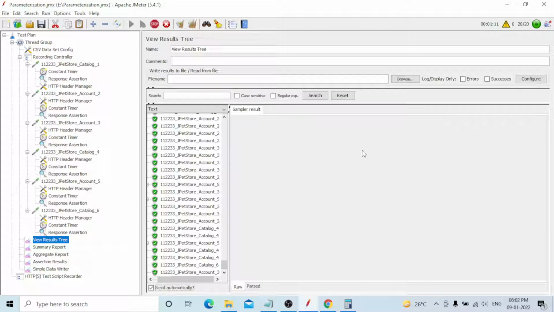Once you are done with your scripting, almost everything is completed. You need to run the test. During execution, you need to monitor all the servers: your load generators, application, web server, app server, and DB servers. If you face any issues during test execution that are not script issues, you need to report them on the server side. Otherwise, if database queries are running slowly, you need to check how much time they take.